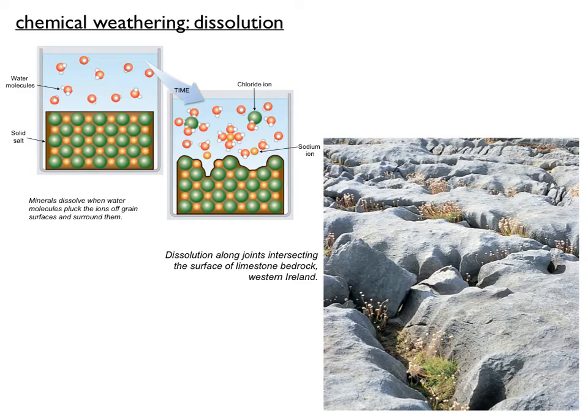Chemistry can do that as well. So imagine that you have rock that's running over, water that's running over your rock. In this case, in the picture on the right, we've got this bumpy gray limestone. Limestone is made of the mineral calcite, CaCO3. And when you add water to that, if the water is slightly acidic, if it has